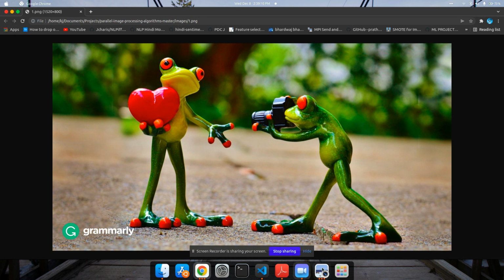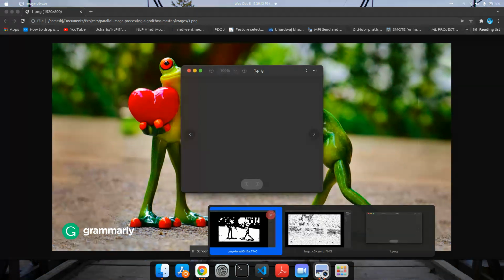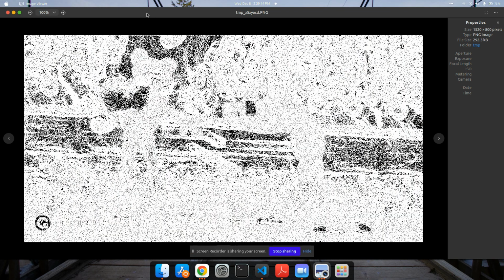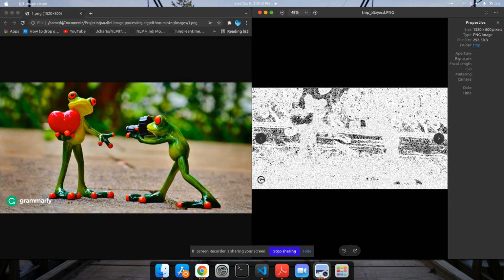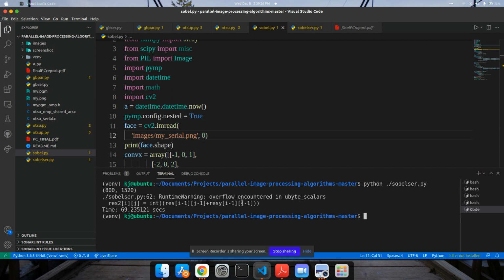This is our original image, and this is the image we got. So these are roughly the same. The camera is also detected in this image. It took 69.2 seconds this time using serial implementation.